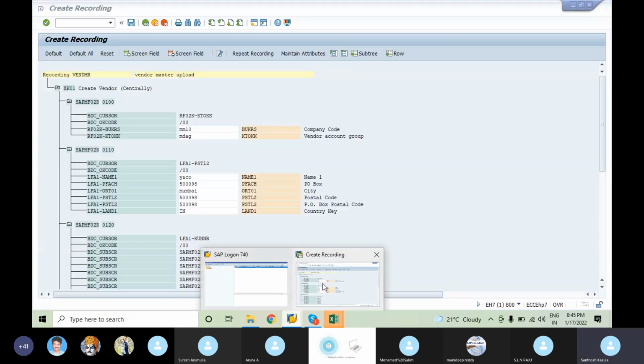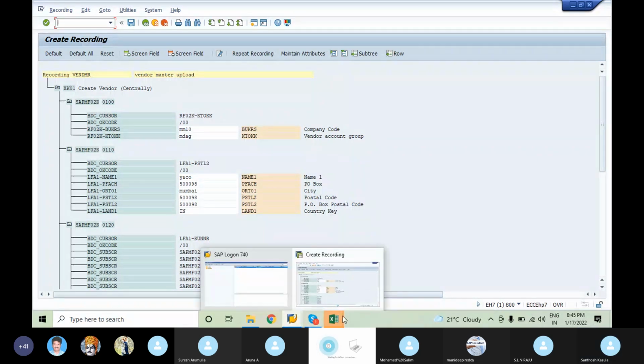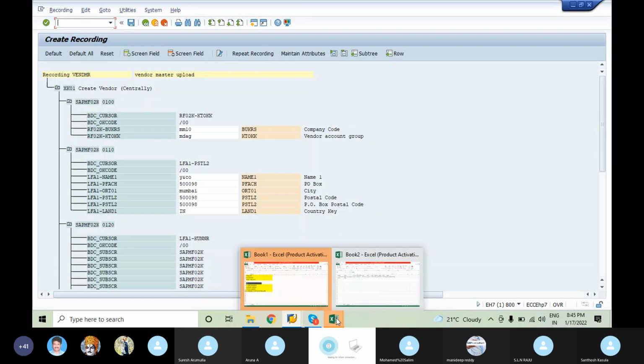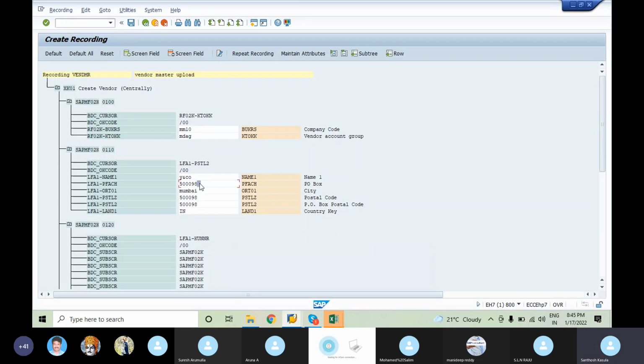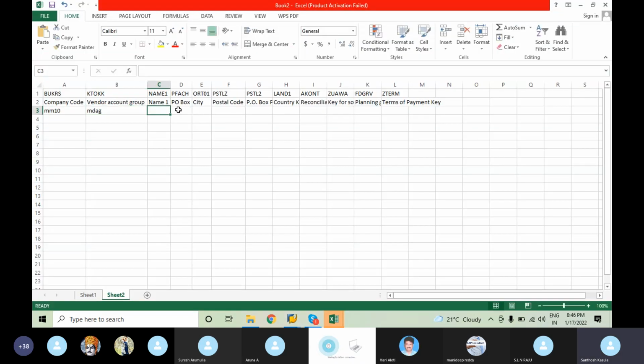In the same way, I need to enter all these details. Y and Co is the name, and 50098 is the postal code. I need to enter it here. Name and letter at the last. Control V. Postal code.